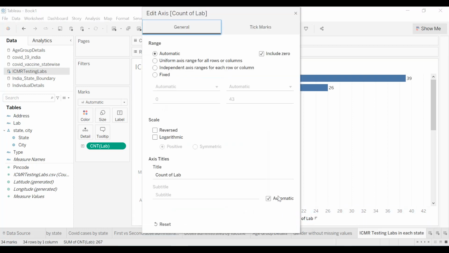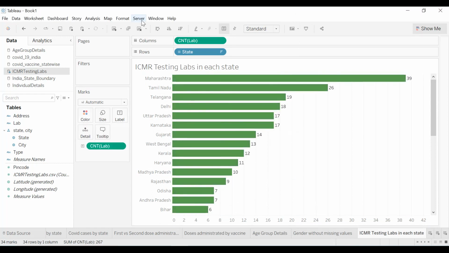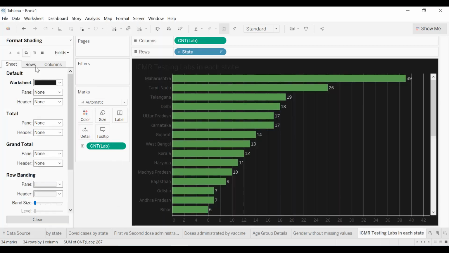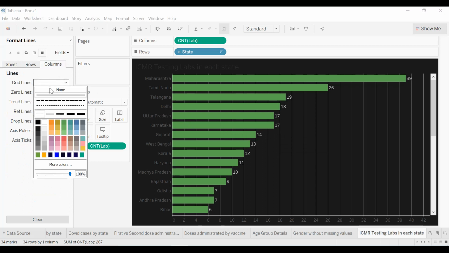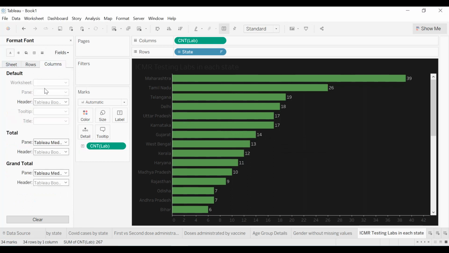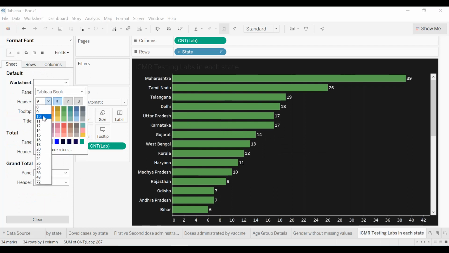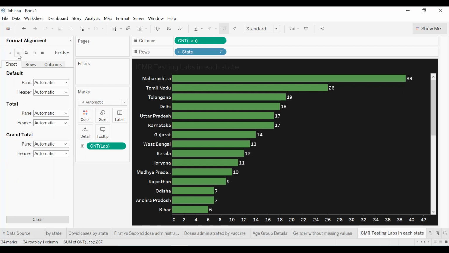Same thing for the axis, so I'm going to remove the title. For the color, we can put it in green, and we are going to format our worksheet. So format shading. Okay, we are going to remove grid lines for the column. Same thing for the sheet, we are going to use bold white and 10. We are going to put everything in the center,